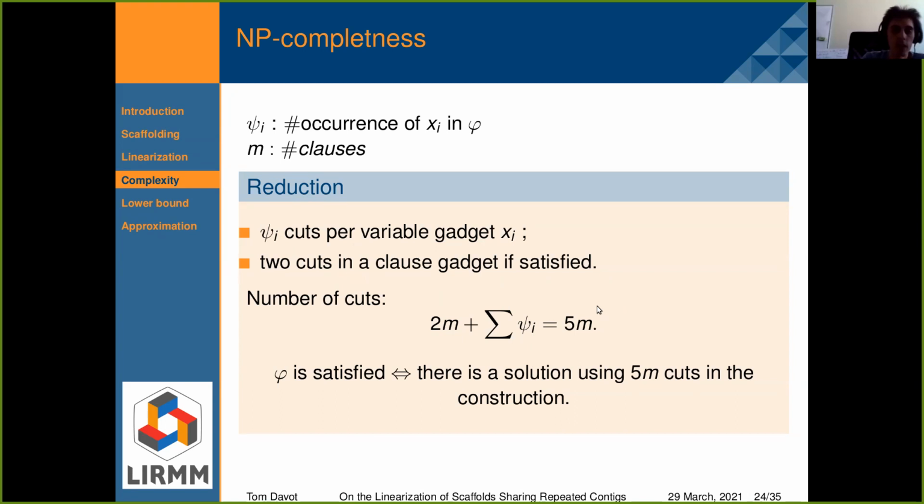So if I do the sum of that, I need 5m cuts in my construction if I can find a satisfying assignment of my variables for the formula. So that's how we show that it is NP-complete for the subcubic bipartite planar graph.